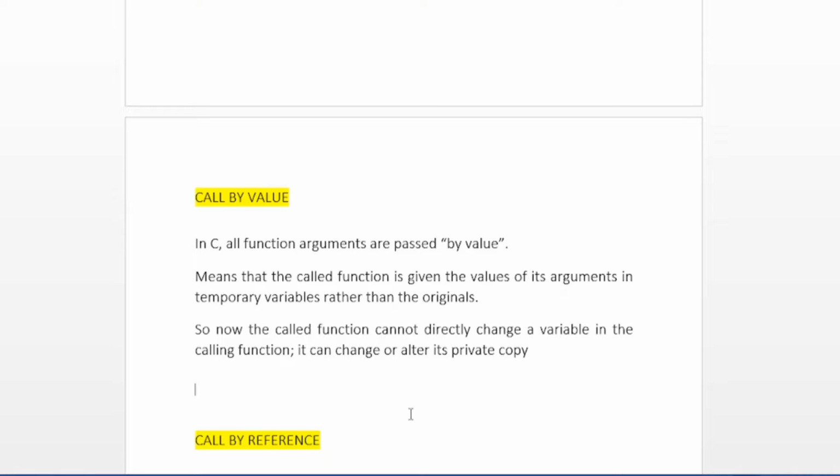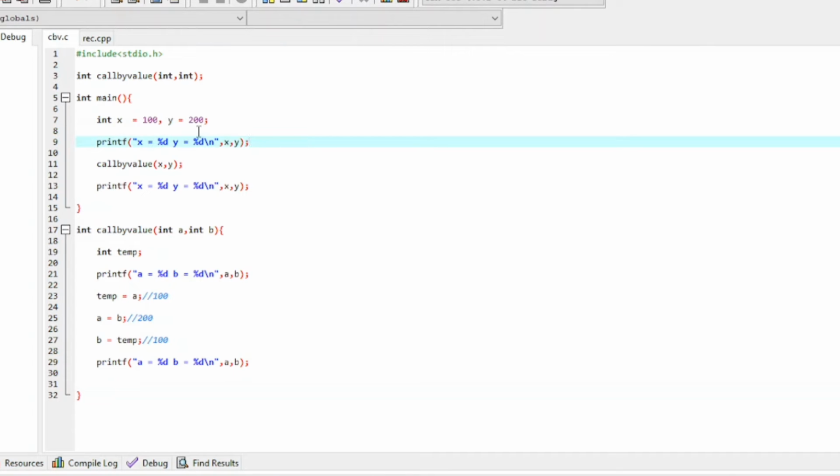Now let's understand this concept using an example. Here, I have written a program using the concept of call by value. So this is, as usual, #include <stdio.h>. I am including the standard input output header file. In the next line, on line 3, I have given the function declaration. I am telling the compiler that there will be a function named call by value that will take two parameters of integer type and will return a value of int type. Okay, I should write void here, because it will not be returning any value. So call by value will be taking two parameters of int type and it will return nothing to